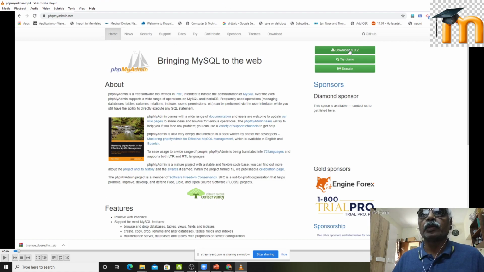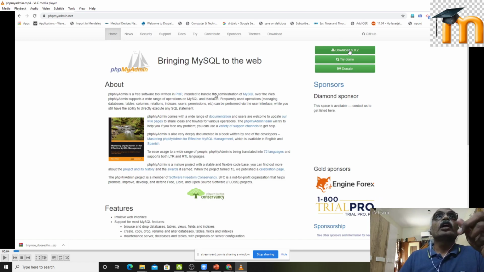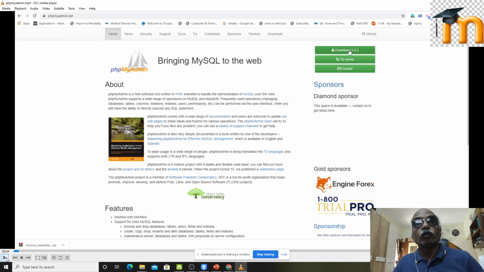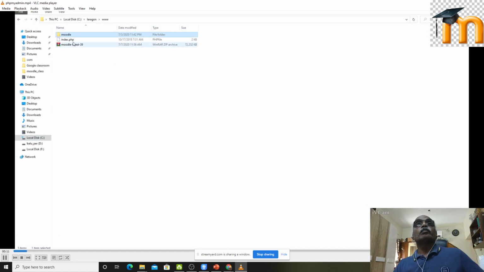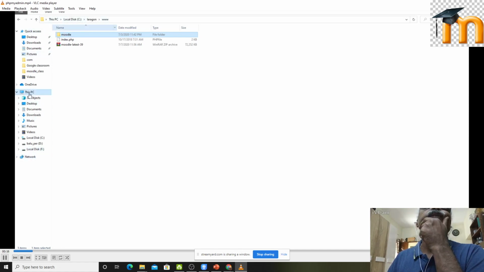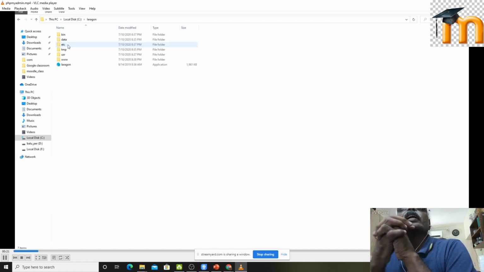I think now you will be seeing my phpMyAdmin window. If you key in phpMyAdmin, it will take you to phpmyadmin.net. So you go and download the most current version, 5.02. You download this 5.02 and place it where I'll show you. Go to the C folder, Laragon will be there. Double click Laragon and then go to